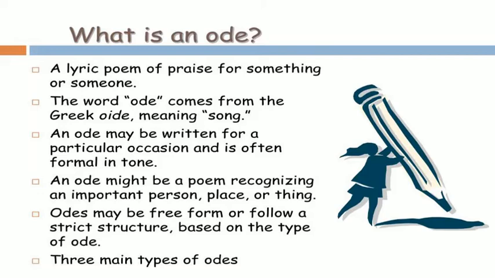There are actually three types of odes: Pindaric odes, Horatian odes, and irregular odes. And the poem that we are doing today is actually an example of a Horatian ode. Horatian ode takes its name from the Roman poet Horace. Unlike Pindaric odes, these Horatian odes are more tranquil and contemplative, less formal, and better suited